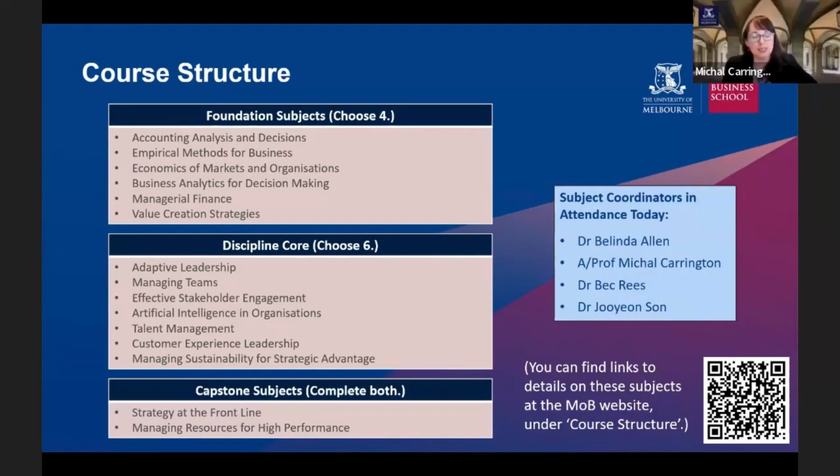Yeah, brilliant. Thank you, because I love talking about my subject. The subject that I co-teach is artificial intelligence in organizations. As you can imagine, it is highly topical and a really exciting subject to be part of and to teach. What we do is start by really demystifying what an artificial intelligence system actually is. So we open up that black box because we understand that a lot of people coming into our course have heard about AI. In fact, we all use AI on a daily basis, whether it's checking the weather as you get up in the morning or putting on Google Maps in the car as you're driving to work. We're all using AI constantly.